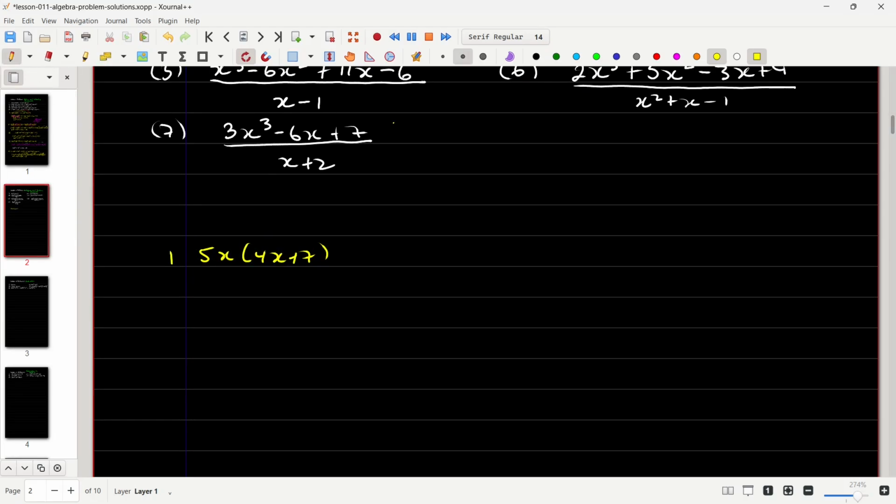All right, so I'm going to take distributive law and apply it here. So multiply this by this, that by that, and I'm going to get 5x into 4x plus 5x into 7. And I'm going to get 20x squared plus 7 5s are 35x. All right. Let's go to the next one, 2,